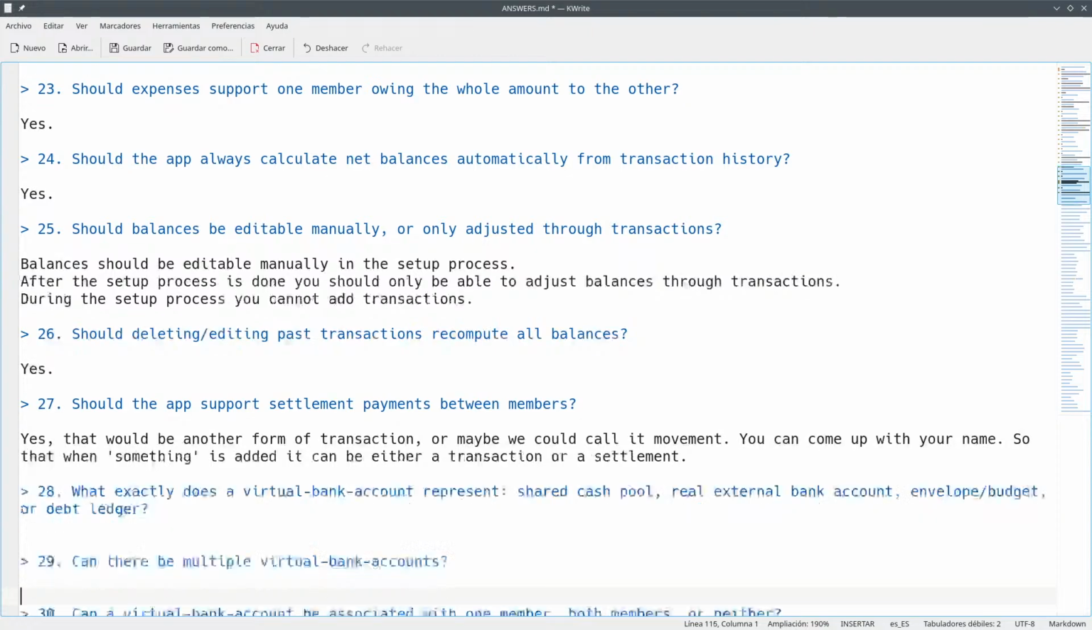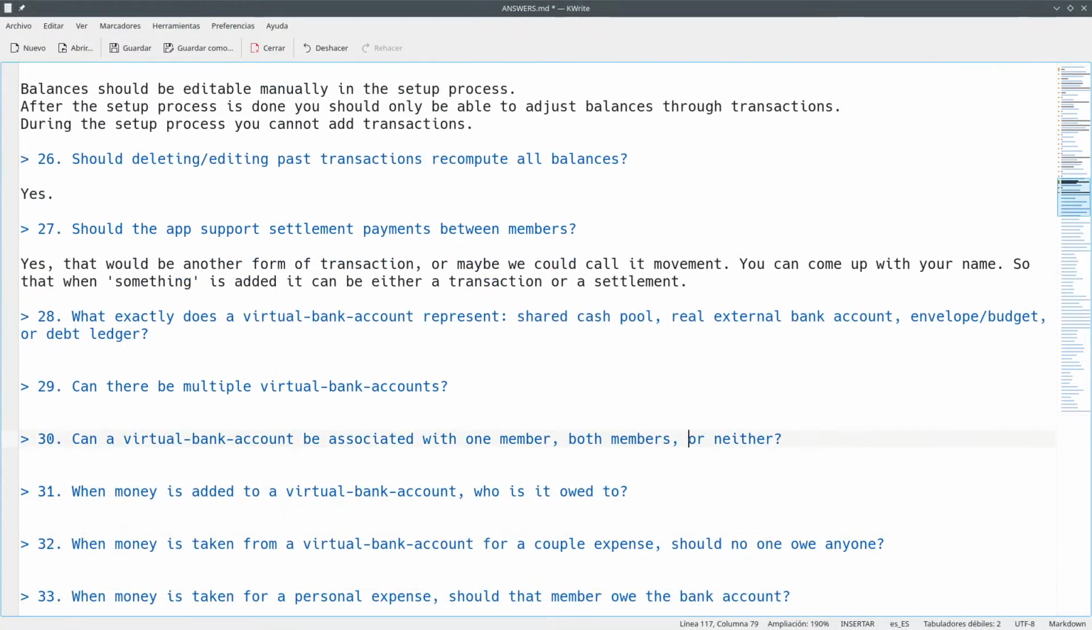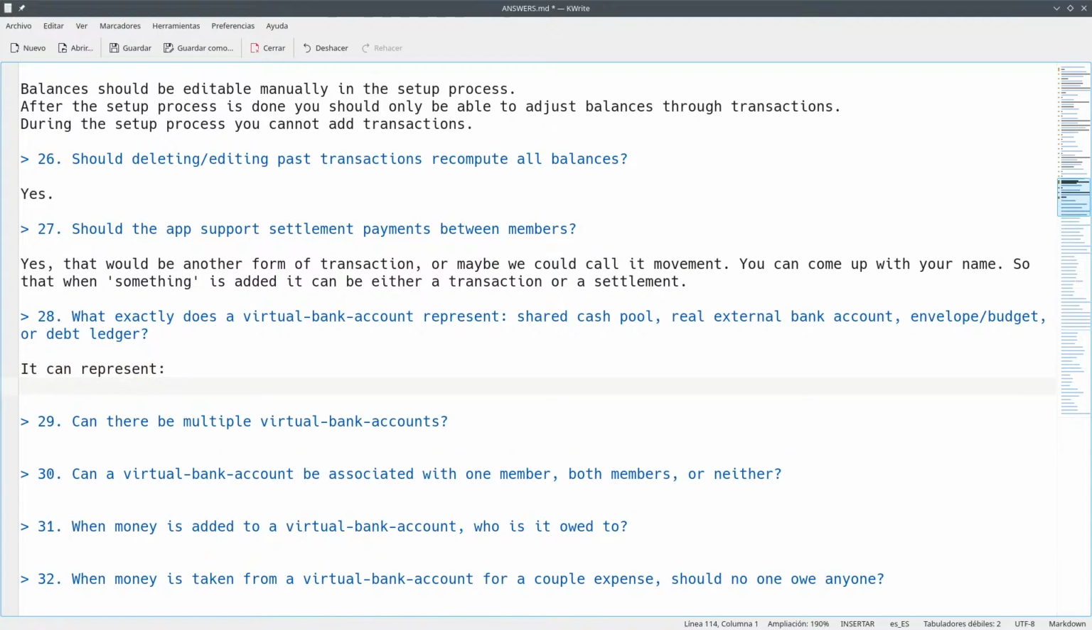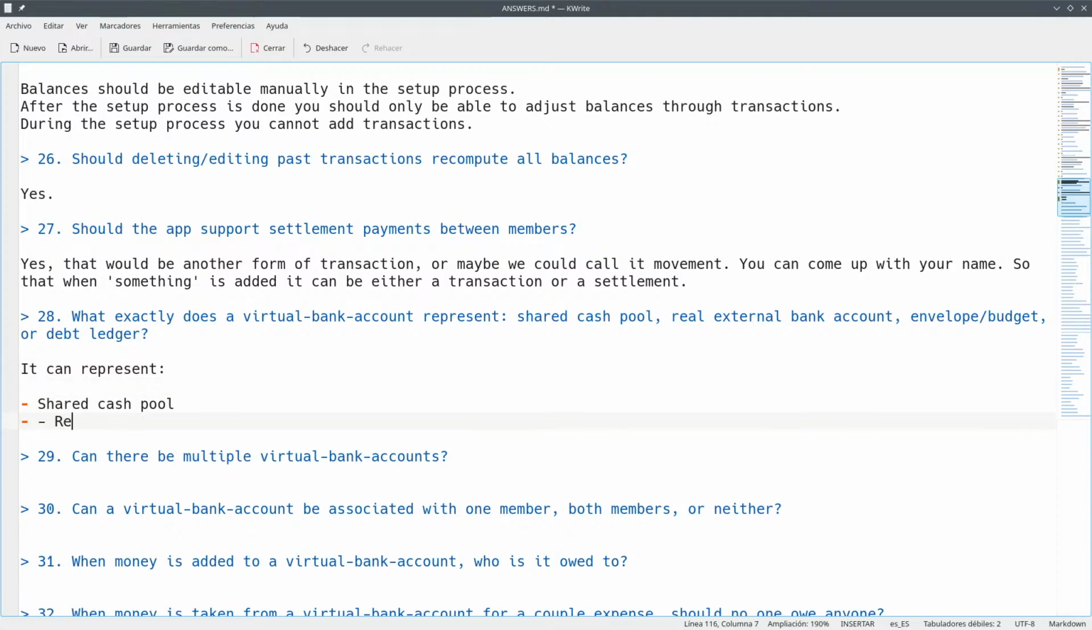Okay, what exactly does a virtual account represent? Shared cash pool, real external envelope, measured debt ledger. It can represent a shared cash pool, a real external bank account,